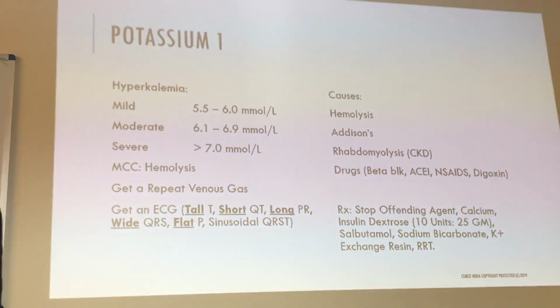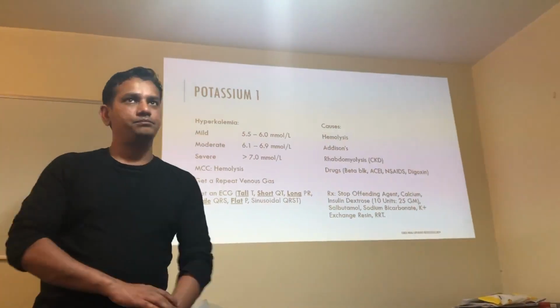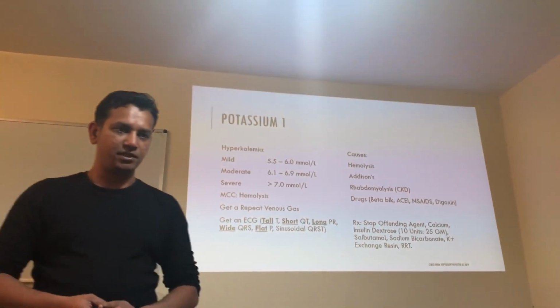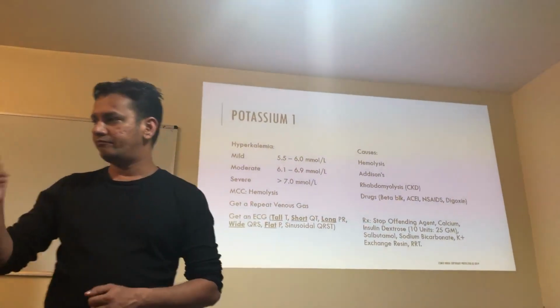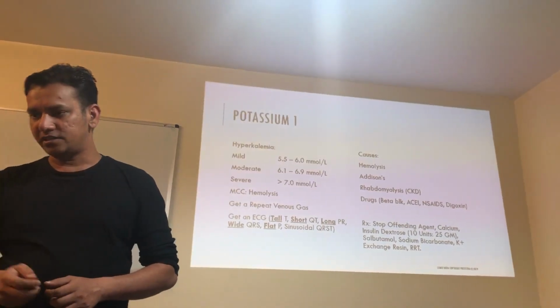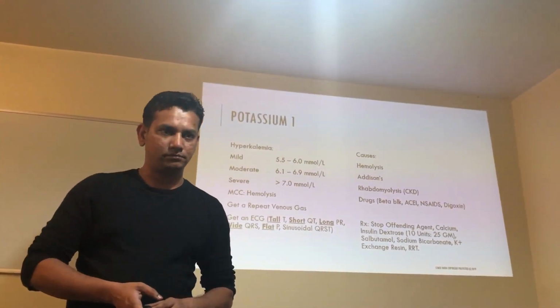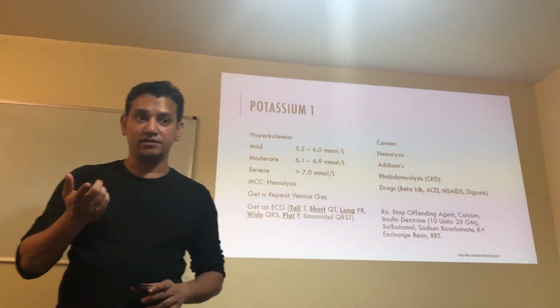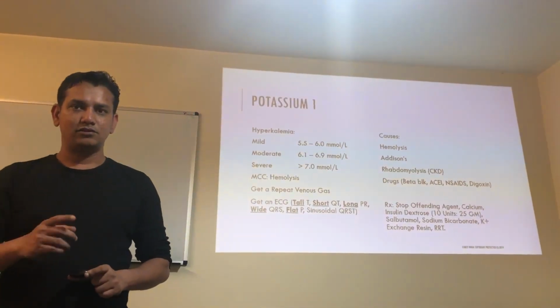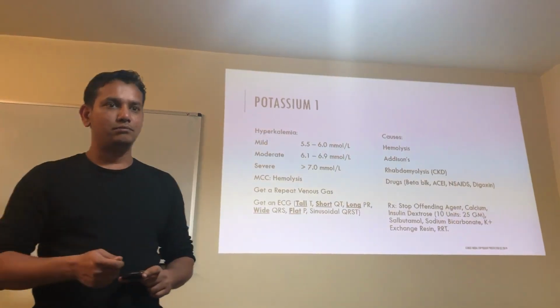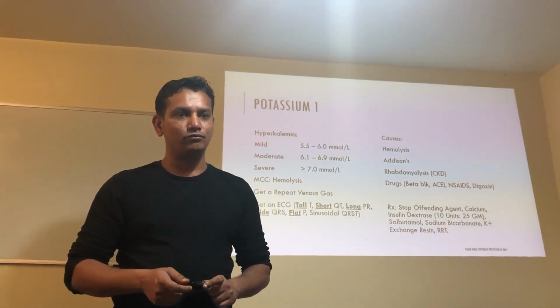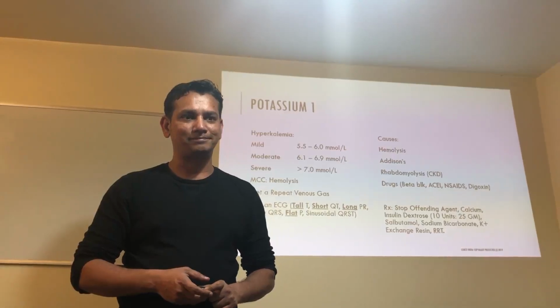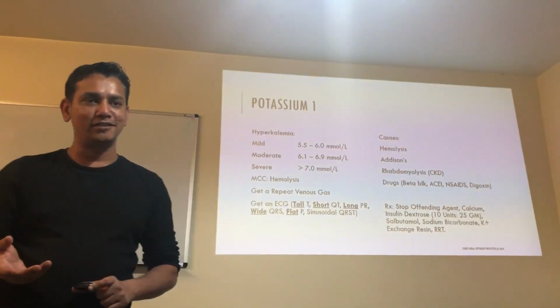Most common cause of high potassium. Consider you have done a venous blood gas on a patient. You ran the venous blood gas and potassium came 8. Spurious. Tourniquet. So the most common cause is hemolysis. If they say you saw a potassium of 8 on the blood gas, what would you do next? Repeat. What people write in their exam is